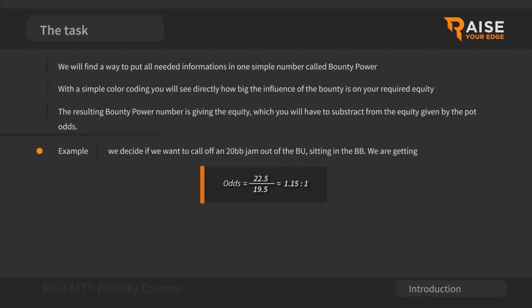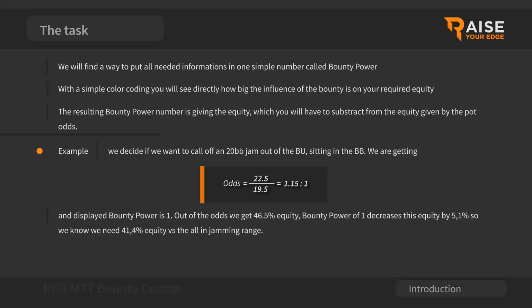And a little example again: if we decide we want to call off a 20 big blind jam from the button and we're sitting in the big blind, we are getting roughly 1.15 to 1 odds. And when the displayed bounty power, for example, is 1, this would be, by the way, yellow coded, then we open our drop down menu, we see, okay, bounty power of 1 decreases this equity by around 5.1%. So we can in the end call off a range in which every combination has at least 41.4% equity against